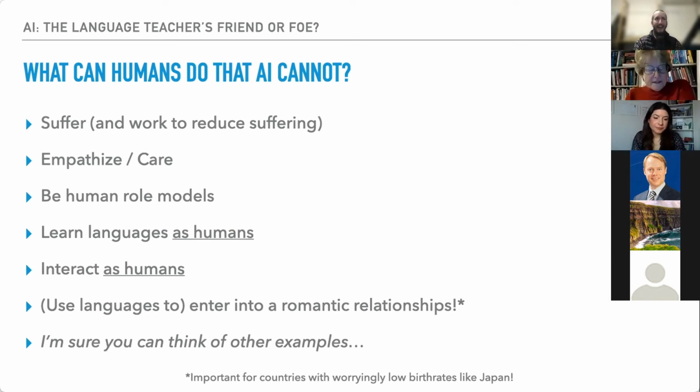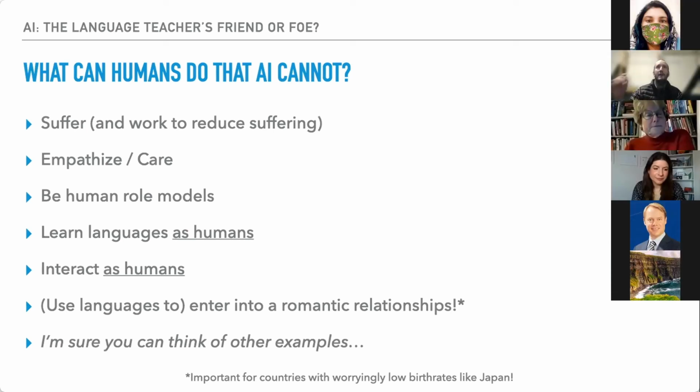Well, we can suffer. Now, that is a uniquely human trait. Well, I guess animals too, but AI is not conscious. It's important not to confuse the appearance of consciousness with actual consciousness. So AI cannot suffer. We can suffer. We can work to reduce our suffering. And I think learning a language is an attempt to do that. It's an attempt to cooperate and communicate with people from other cultures, other linguistic backgrounds, and we want to cooperate and communicate in order to reduce suffering and in order to make our lives more efficient and smoother in some way.